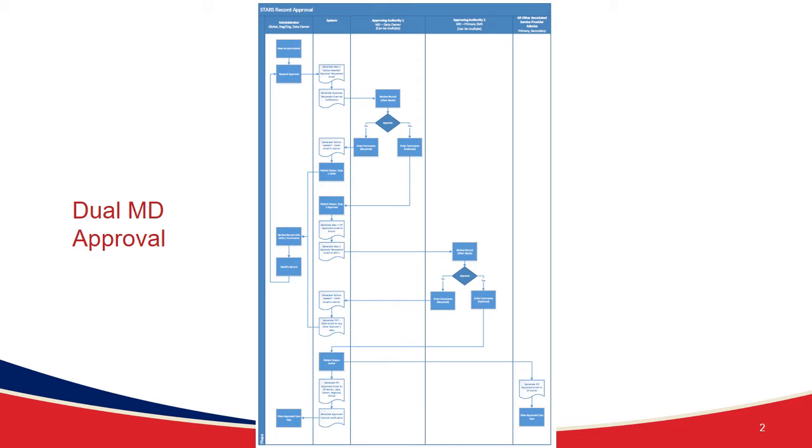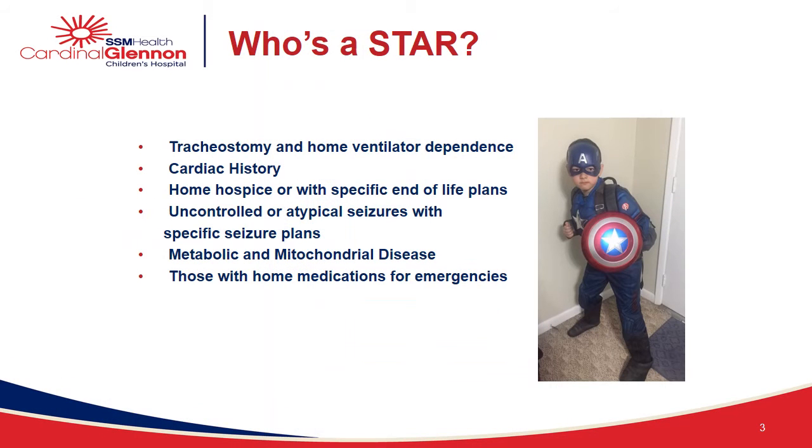I do still occasionally get questions, and just to be clear on that information, I could read off the list to you, but I think the more important way to look at this list and at who we put in STARS is that we really search for those kids who do not follow typical treatment algorithms. Very much in emergency medicine, we're taught you see 1, 2, 3, you treat ABC, and that's meant to keep us safe and properly treat the vast majority of our patients.